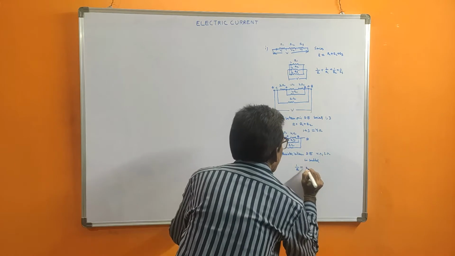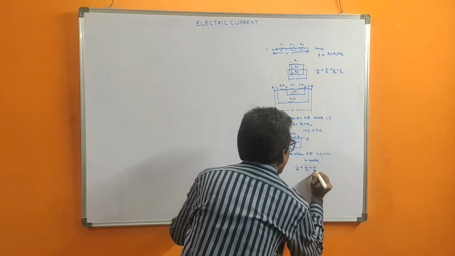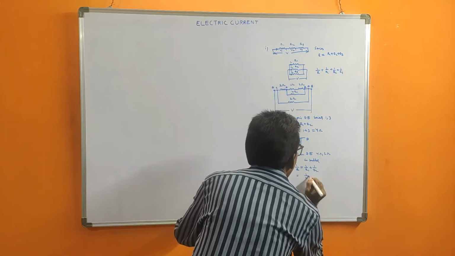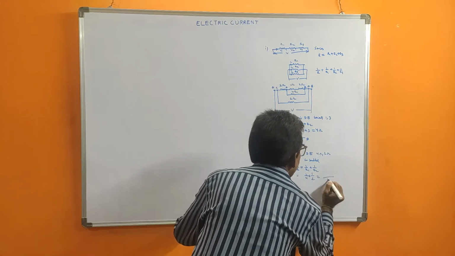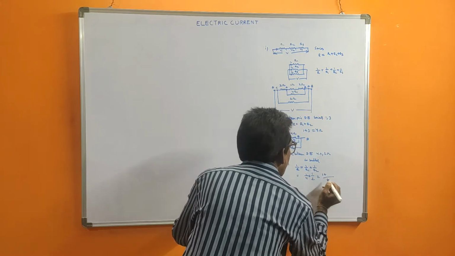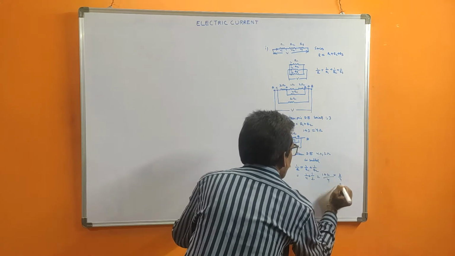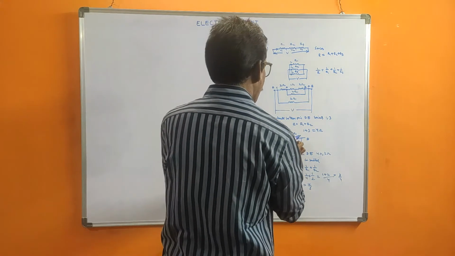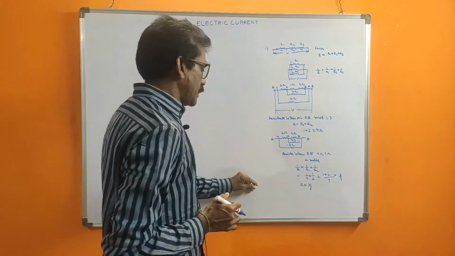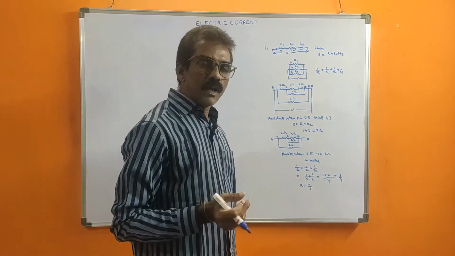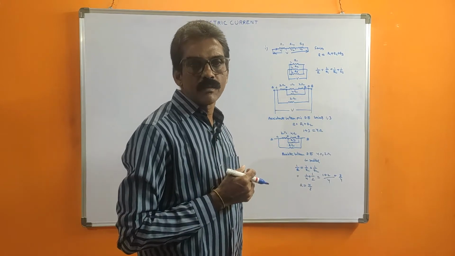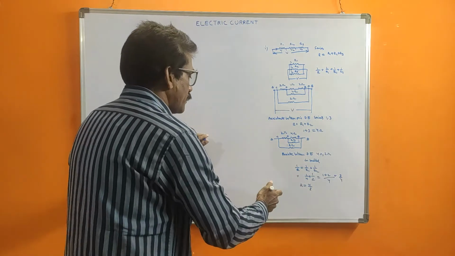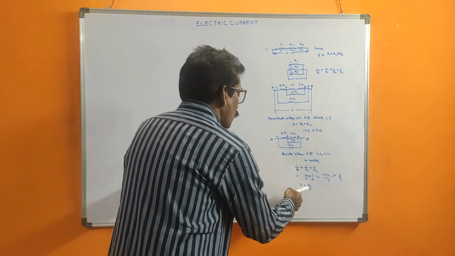Therefore we take the formula 1 by R is equal to 1 by R1 plus 1 by R2. So 1 by R1 is 1 by 4 plus R2 is 2. So LCM is 4, 1 times 1 plus 2 times 2, see, 3 by 4. But always we want R only, so 4 by 3. So instead of this we can use 4 by 3. Fractions only you leave off, last we will convert into decimal points. Then resistors are always taken to the nearest points. Now instead of these two we should take 4 by 3.